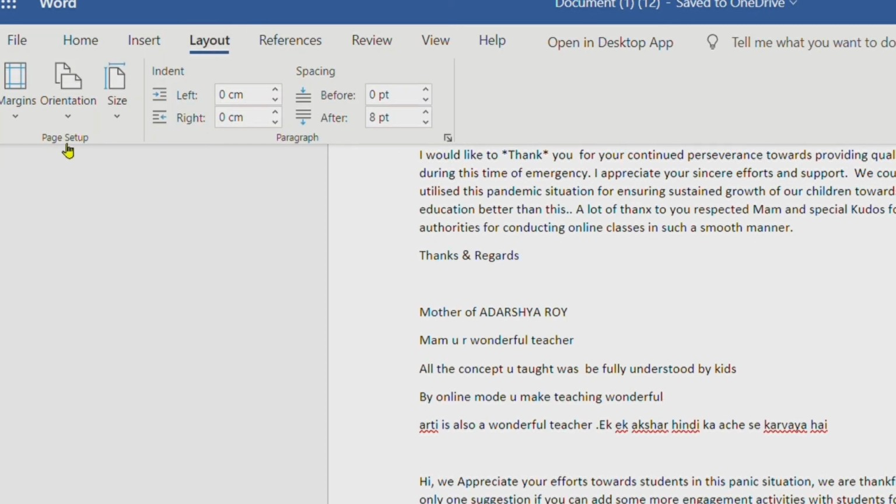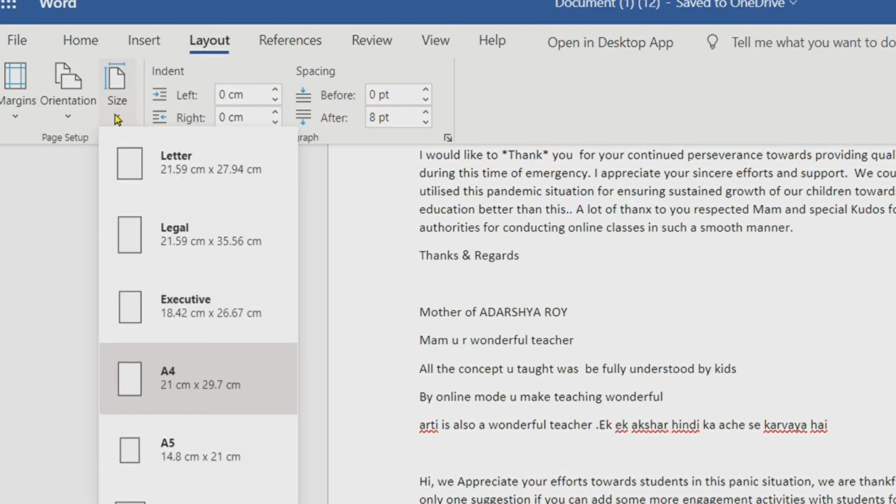Okay, when you click on it, fine, let's click on it. So now in the page setup group, children, you have the size button. Okay, when you click on the size button, children, a list of paper size options appears. The current paper size is highlighted in the drop down list. So you can see that this size is highlighted.